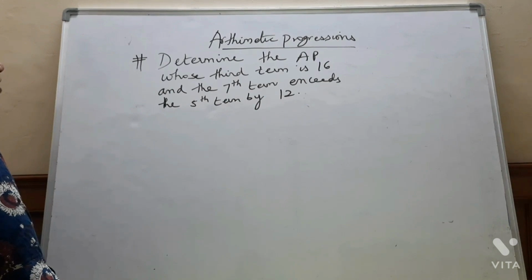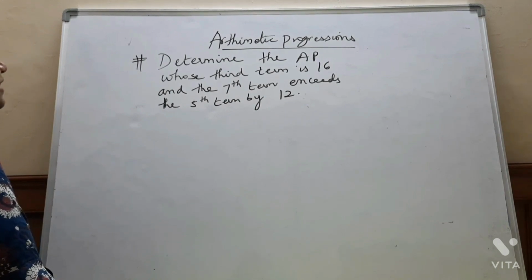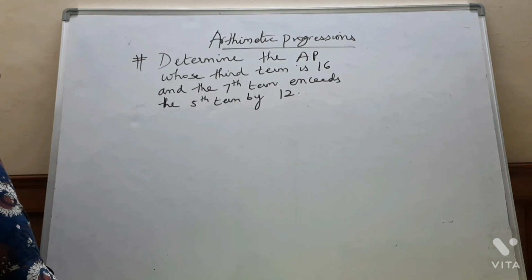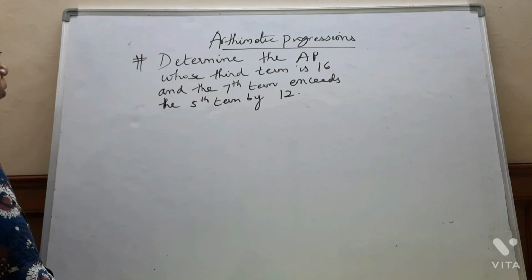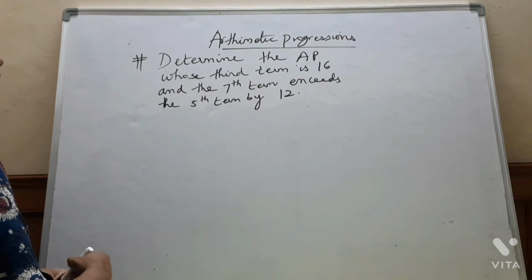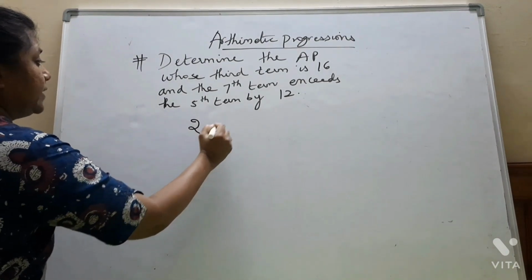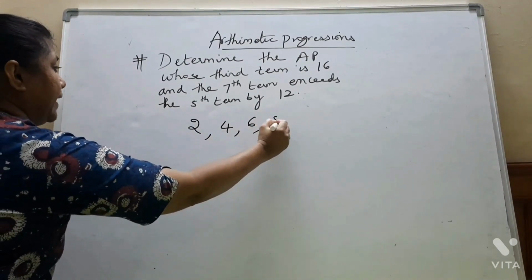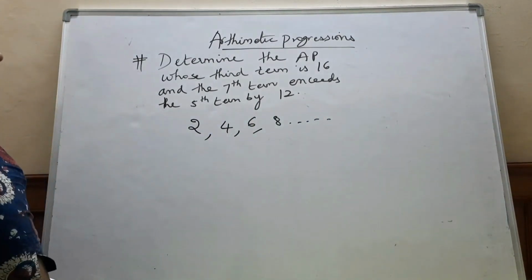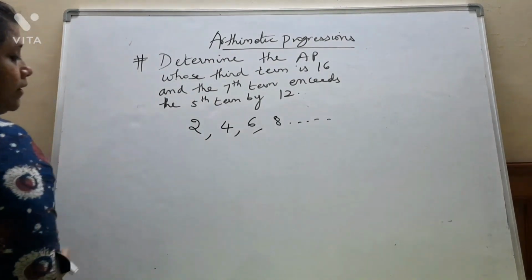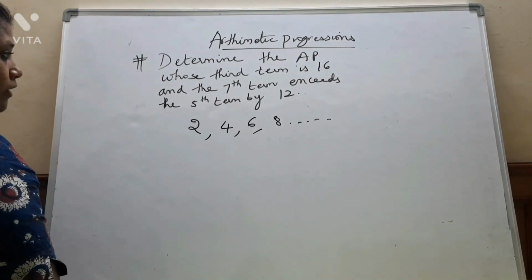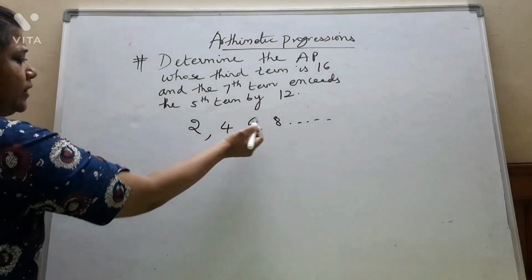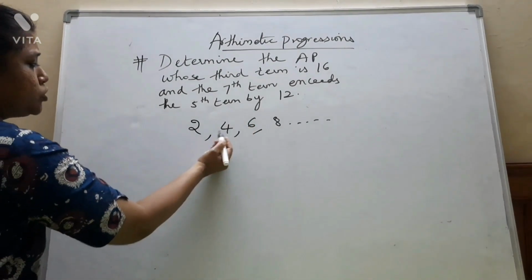So today I have come up with another interesting topic of class 10th CBSE arithmetic progressions. We know that arithmetic progressions is very useful to find out the nth term of the given series. That means if I have a series like 2, 4, 6, 8 and so on, we could easily say that after 8 you get 10. After 10 you get 12. How do you know? Following the series you can easily say that there is a difference of 2.